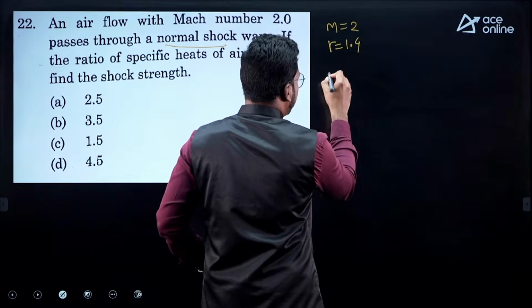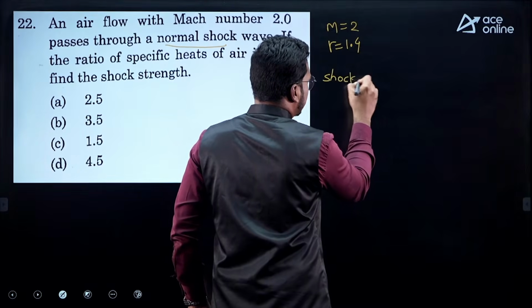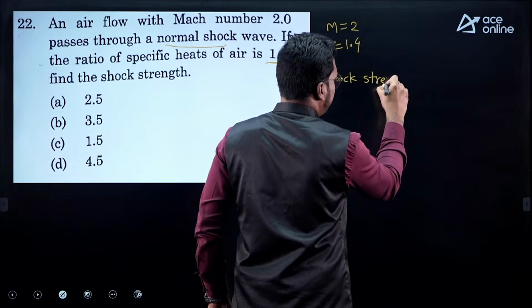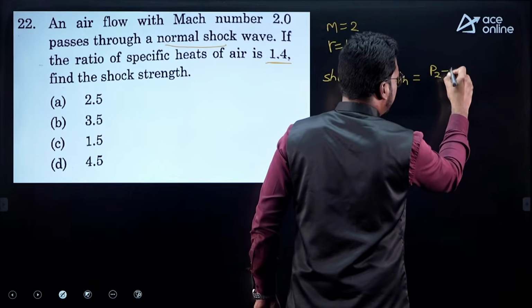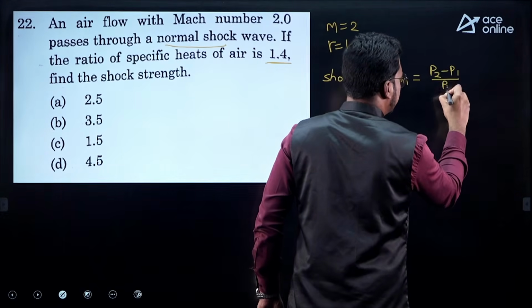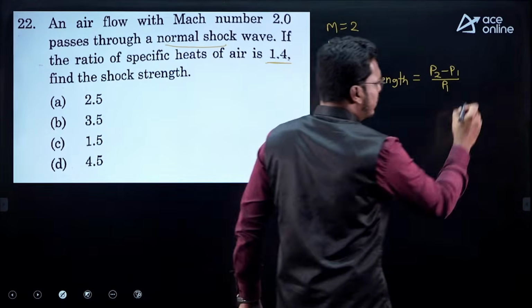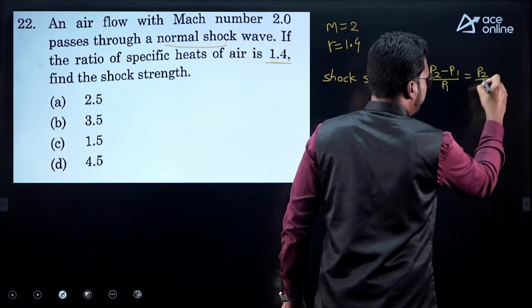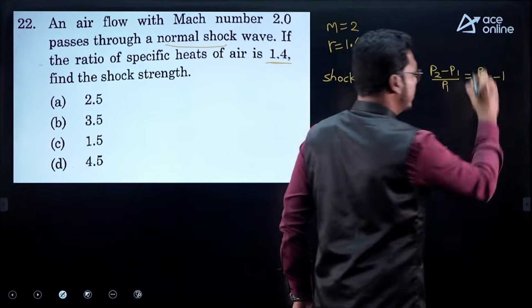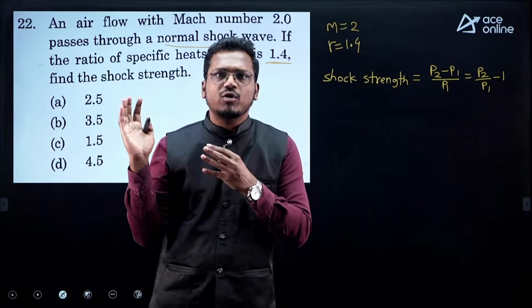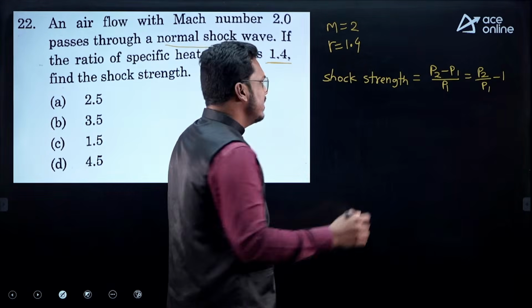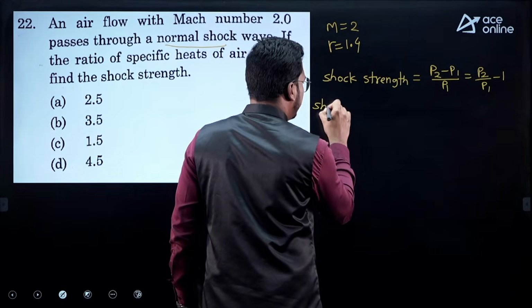See, you might be knowing that shock strength is the pressure difference, P2 minus P1, divided by P1. This is the shock strength. Let us divide separately by P1, so it will be P2 divided by P1 minus 1. This ratio, P2 by P1, for normal shock we know. This formula we have derived. So this shock strength becomes,